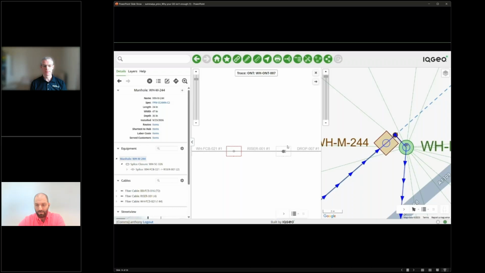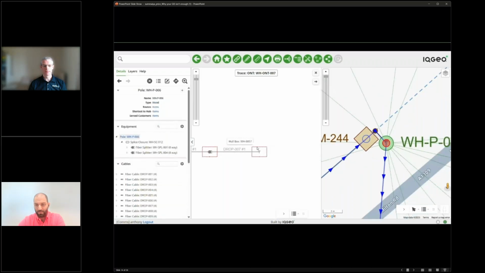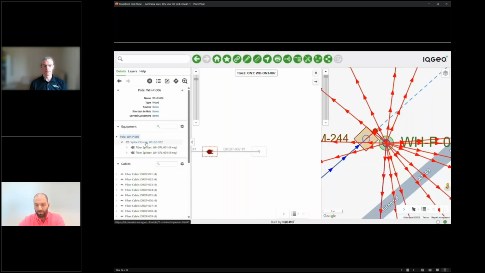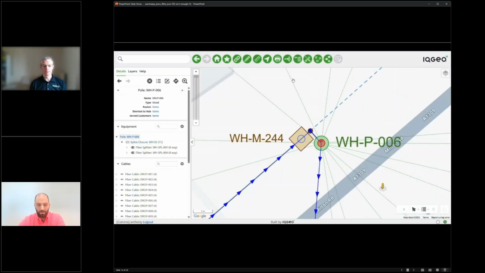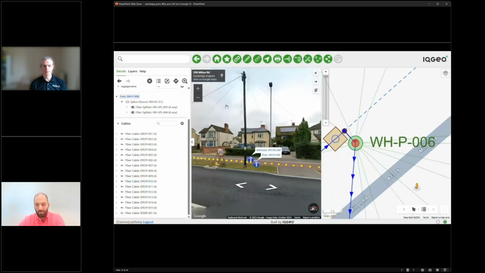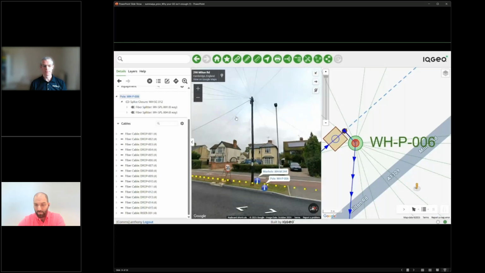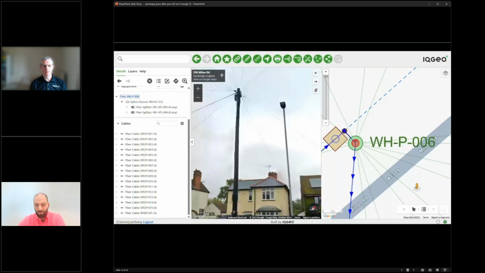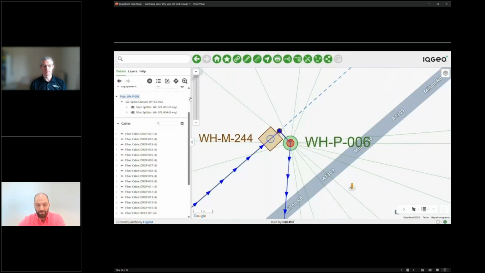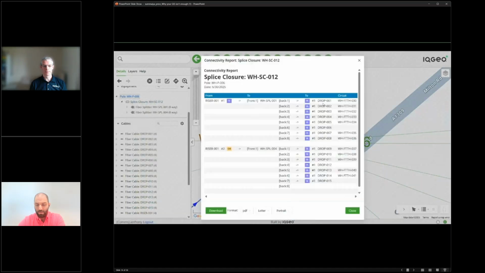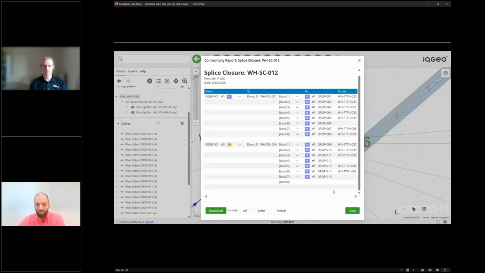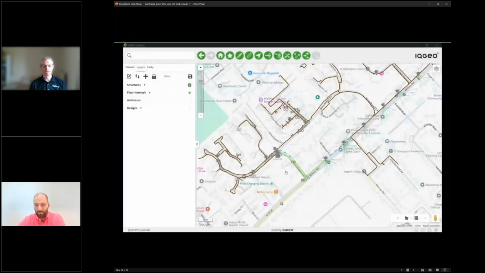So you can see all the different details, of course, in the trace, all the way up to the customer location. Now, going back and expanding a bit on the Google Street View, you can see the asset that is located in the GIS map is also presented through a Google Street View, where you can see different details of that asset in the field. And then into the actual user interface, where we can pull up quickly a connectivity report to see how that pole is serving customers on each port and how the services that are active are being represented.